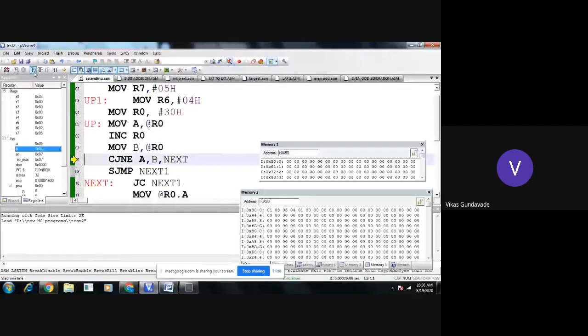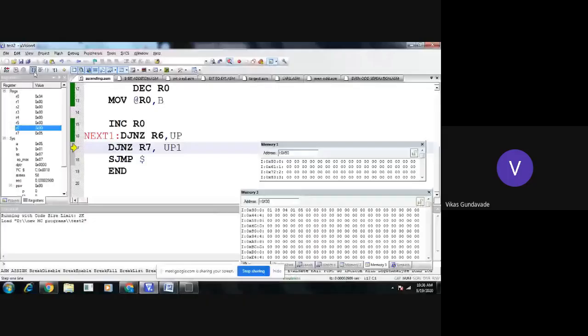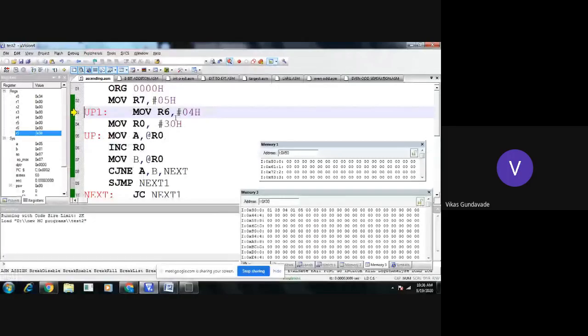Comparison, and again 04 is shifted to the 32nd location. Again the process is repeated. See here the first pass is over. Now R6 is 0, so again we need to reload R6. R6 is reloaded with 04, and again the process is repeated.